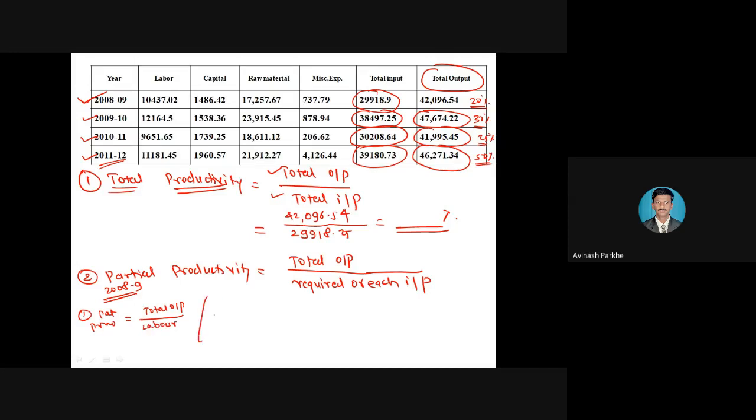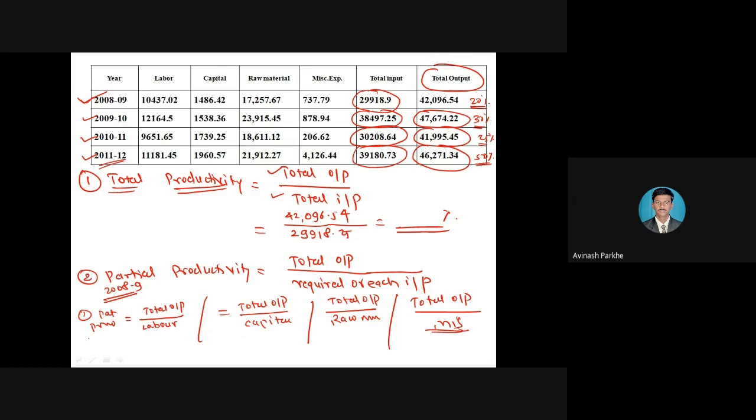Labor. Second, partial productivity for the capital. Again the formula, total output upon each input. What is the second input? Capital. Then the third one, again total output upon what is the third input? Raw material. And the last one, total output upon what is the last? Miscellaneous. So like that I have to calculate partial productivity for academic year 8 to 9,